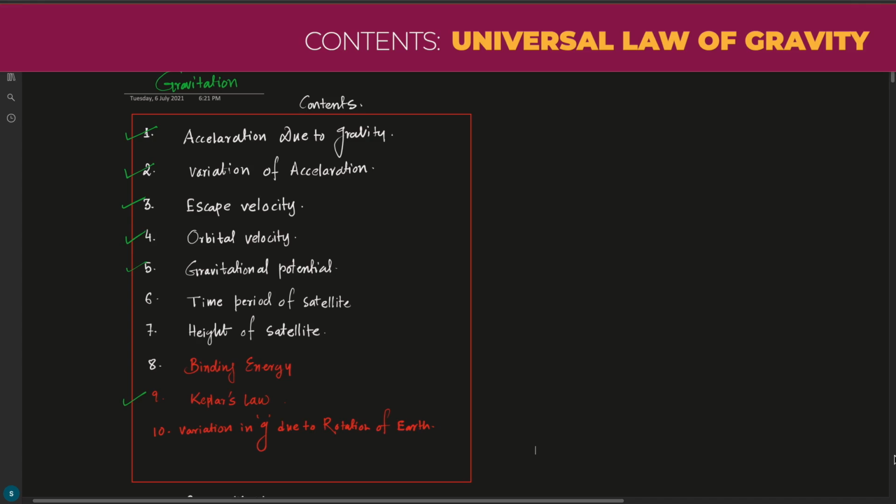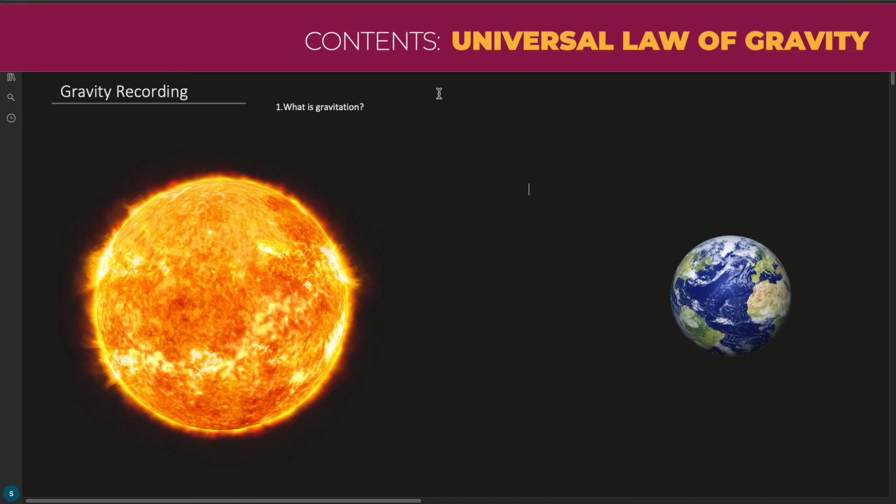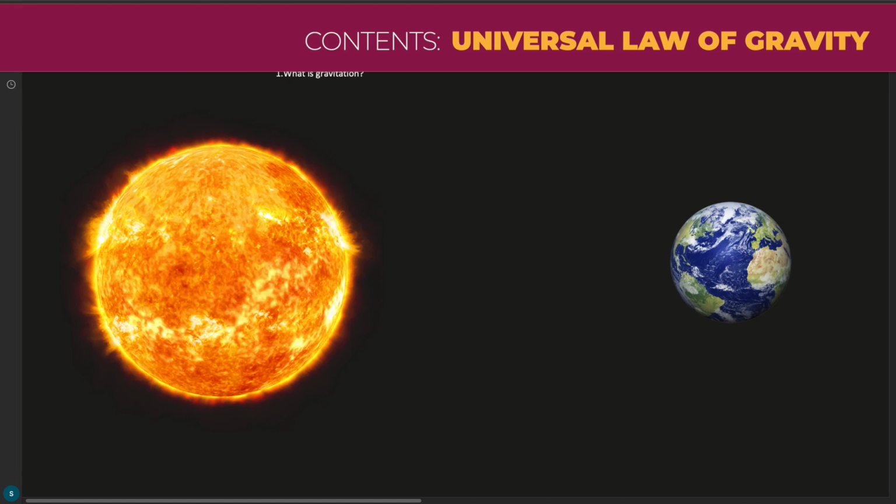Okay, so let me come back here. What does gravity mean? This is the very first question that appears in your mind. So this is the sun, right? So let me quickly draw everything for you. Clearly we know they have different masses, right? We know that the earth has very little mass in comparison to the sun,